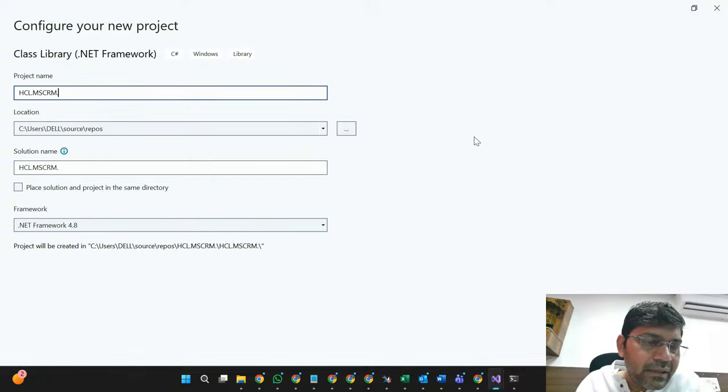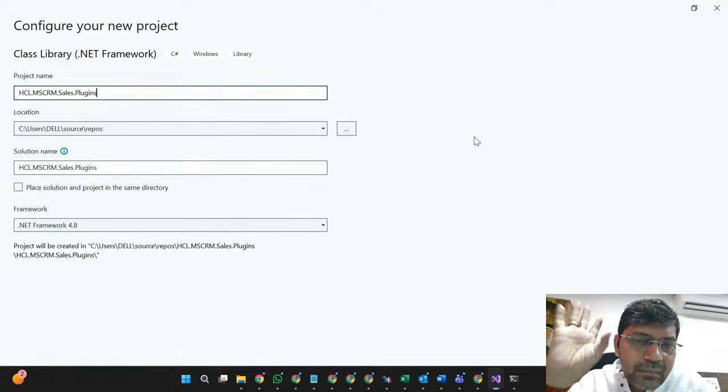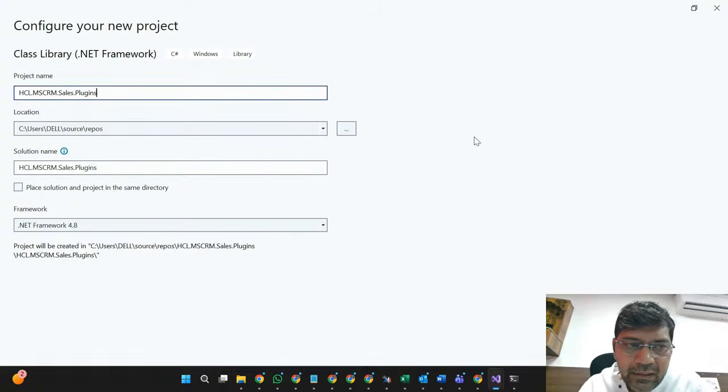Maybe this could be related to any specific module, so it could be related to sales, or any other things. Let's suppose here they can utilize plugins. So this is the naming convention. Maybe we have to define it based on our policy, right?